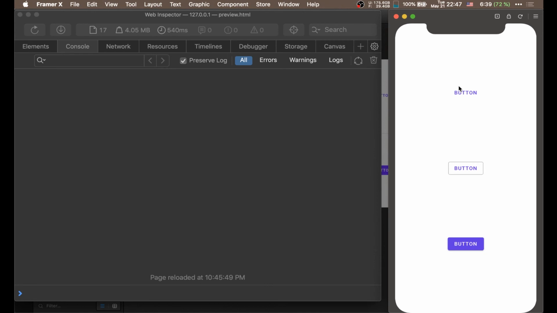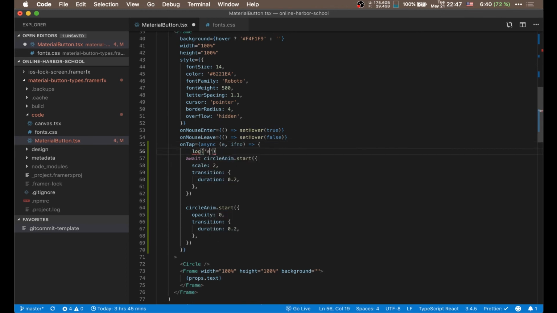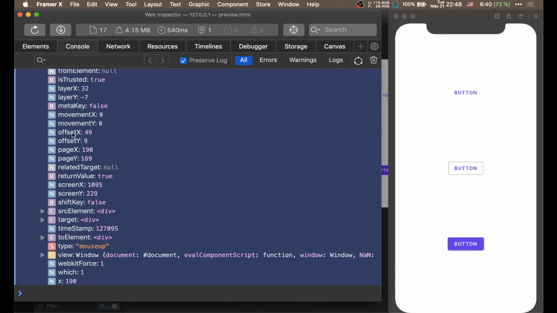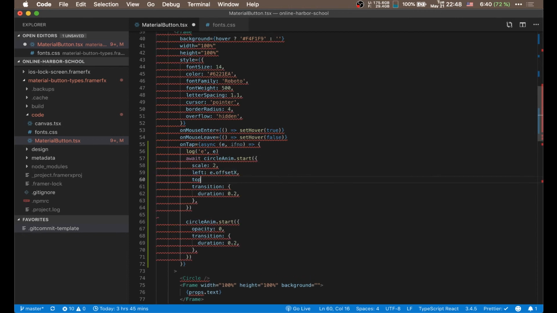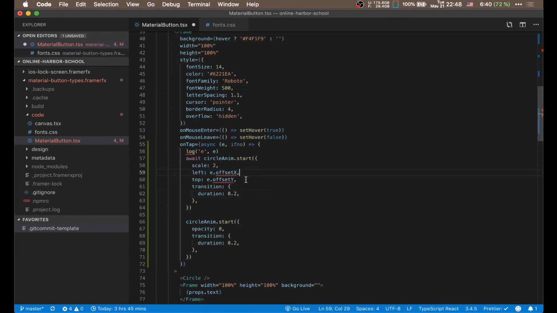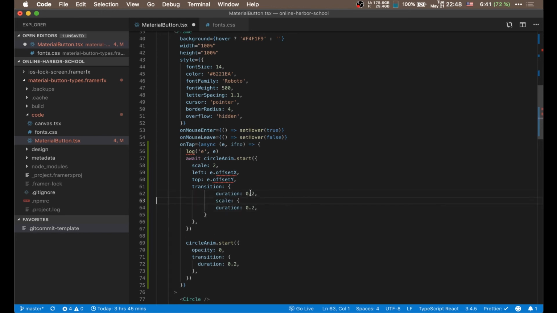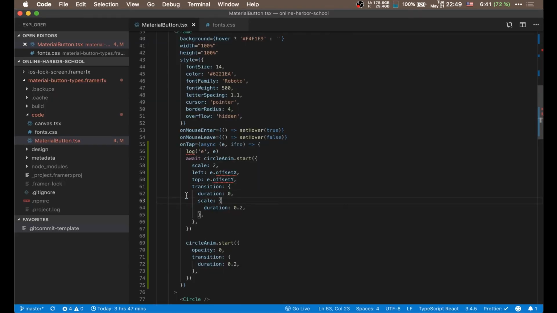But the problem is the circle is gonna scale from the center. So I'm gonna use this e, or event value, from this onTap. Check this event value. It gives usable values that I can use for changing the start point. I'm gonna use this offsetX value and offsetY value, and change left to e.offsetX and change this top value to e.offsetY. I want to change this left and top without duration, so I'm gonna separate the transition with another bracket. Yep, that's cool. This code means the default duration is 0, but in the transition of the scale, it's gonna have